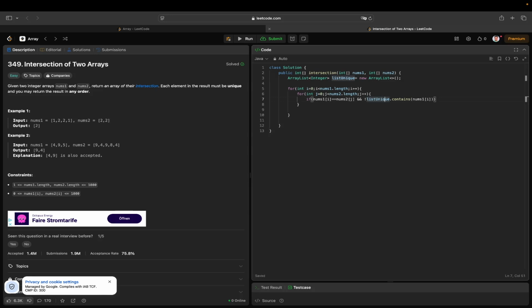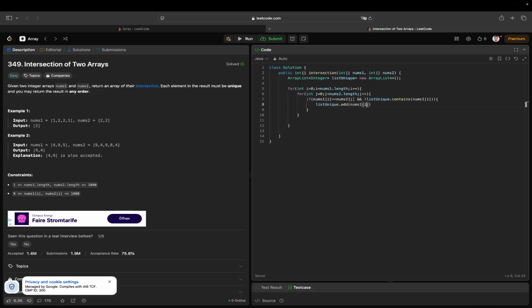If the list doesn't contain the value 2, then we will enter; if it contains it, this if condition would be skipped. So if that's the case, I'll simply add: listUnique.add